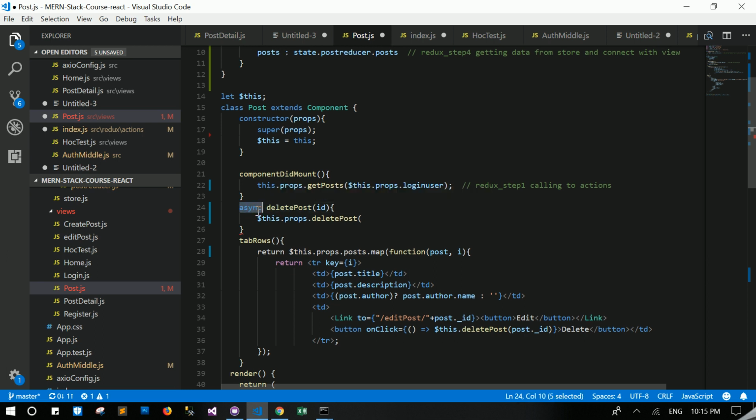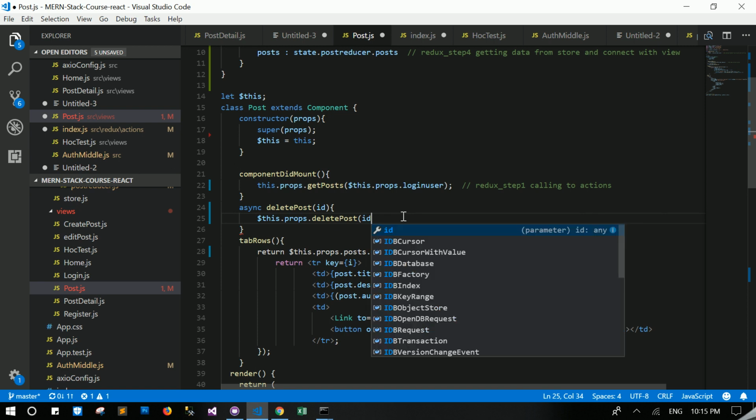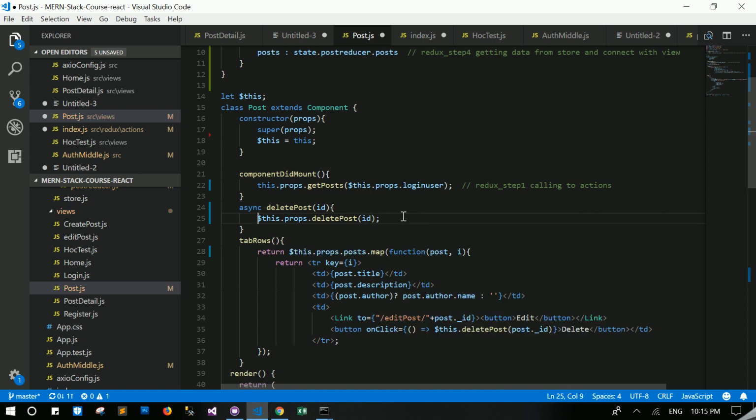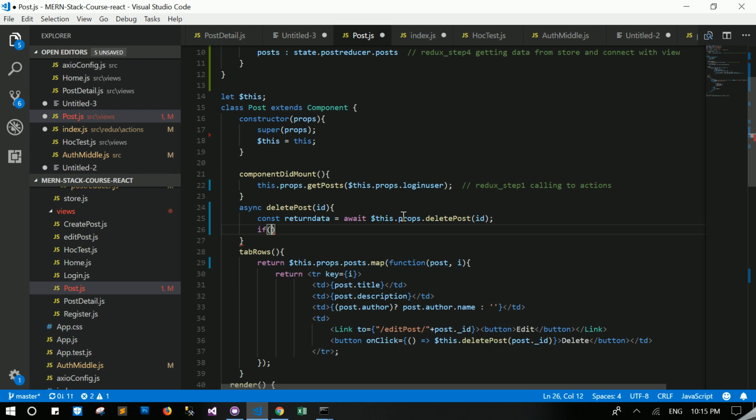Okay, so async delete post id, so this dot props dot delete post, and then this id also added, and we need to wait for this function by using await, and the return data should be return data, and then we can get data dot message